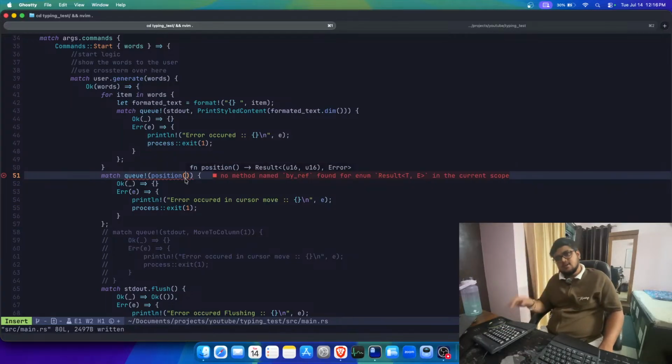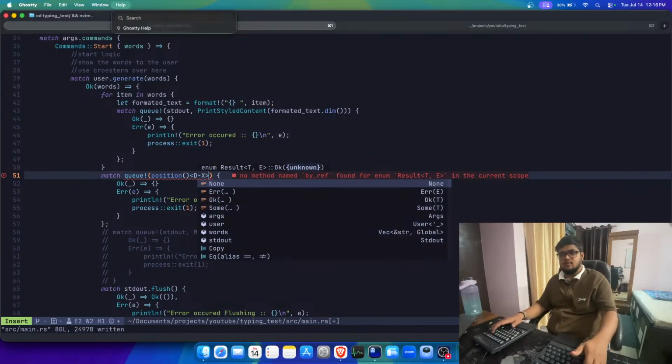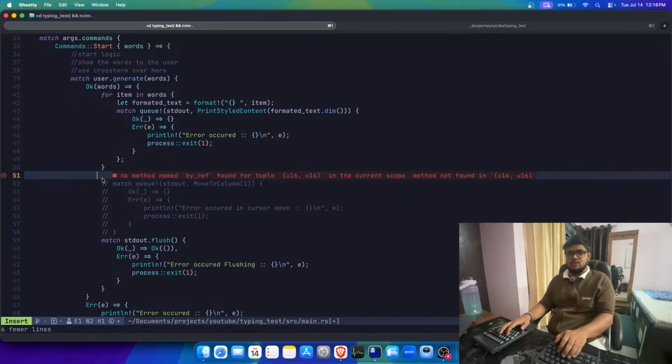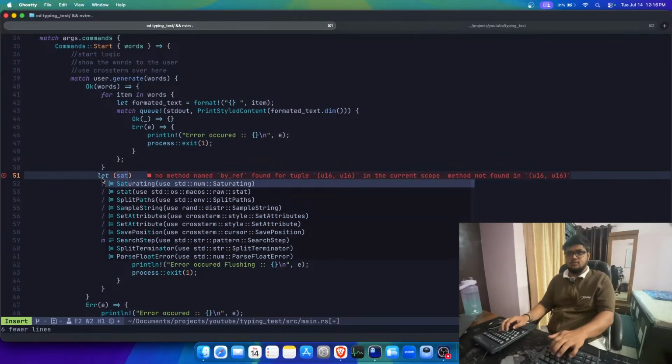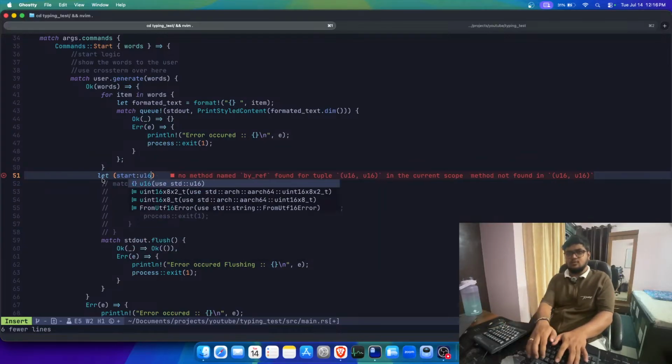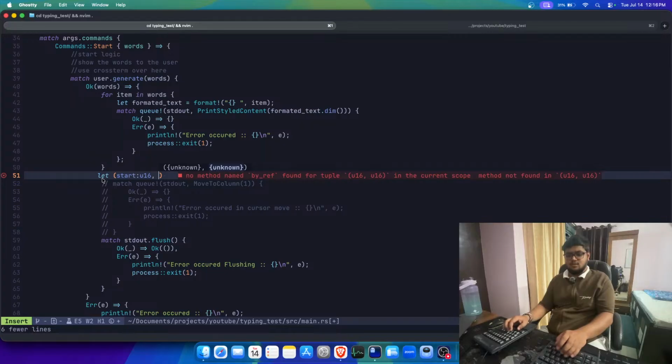Okay, it returns a result. U16. I don't think this will work. So basically what I can do is start as U16 and end at U16 equals